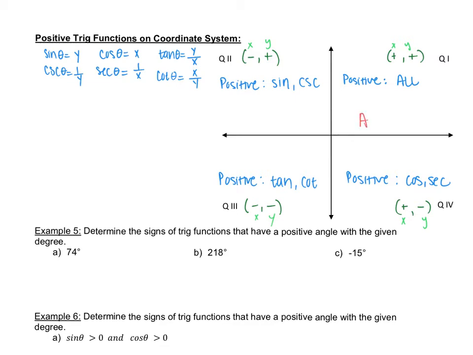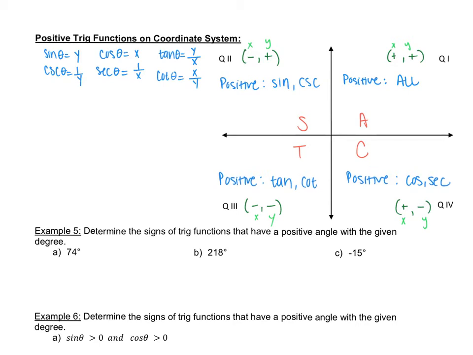So you can see that the first one has all the trig functions, the second one has sine specifically, and cosecant here is a reciprocal of sine. So we just really need to remember sine. So the first quadrant is going to be represented with an A for all, S for sine, T for tangent, because the reciprocal of tangent is cotangent, so we just need to remember tangent. And then the fourth quadrant here is going to be cosine, which starts with a C, and the reciprocal of cosine is secant. So that means that we can remember the quadrants by remembering A, S, T, C, or my